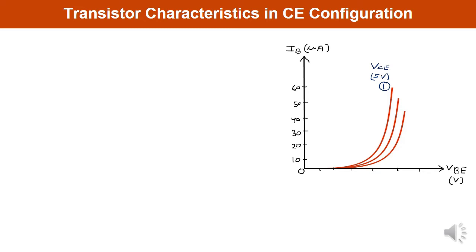This curve number 1 we have plotted by assuming VCE as 5 volts. Since it is a forward bias characteristic curve of a PN junction, initially the current will be very small, almost 0, and once it crosses the knee voltage, the current increases sharply. But now let us understand, if you vary the value of VCE, what is the impact on the base current, and how this curve is going to be plotted further. To understand it, let us discuss the early effect or base width modulation.